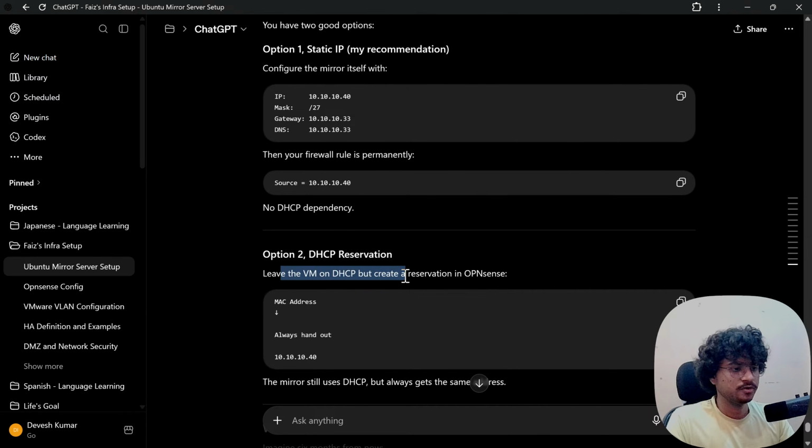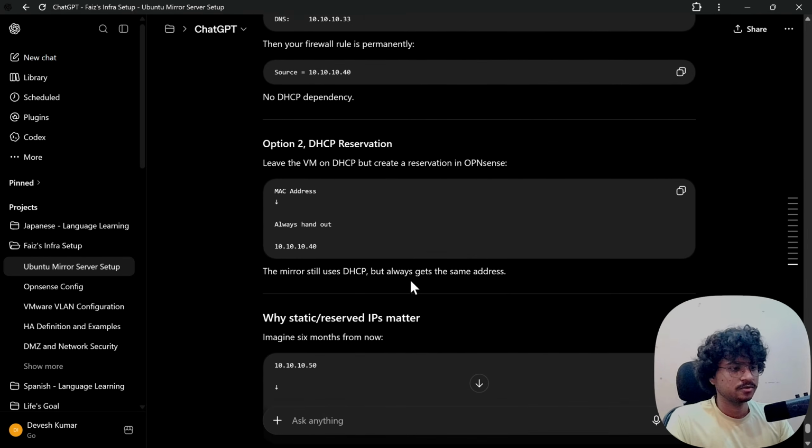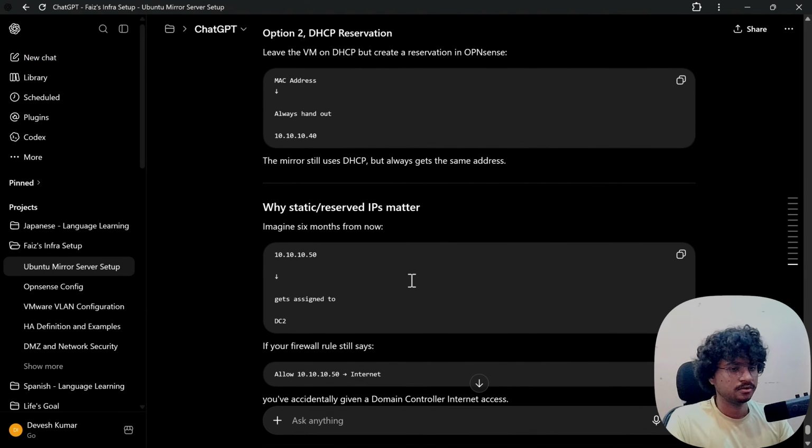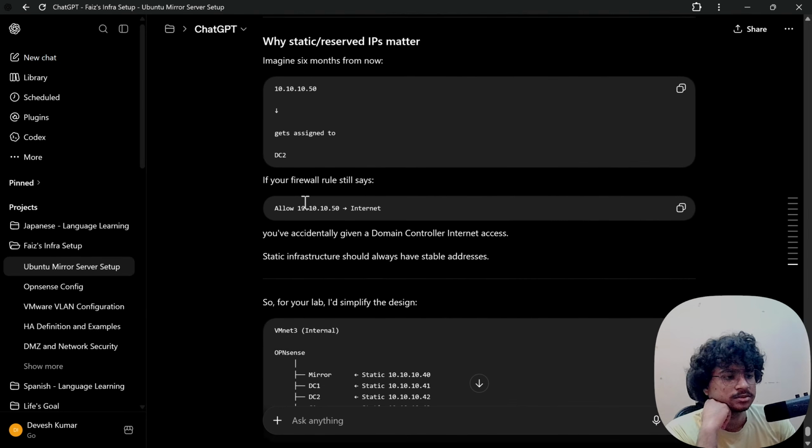DHCP reservation: leave the virtual machine on DHCP, but create a reservation in OPNsense to always hand out this IP to a particular MAC address. The mirror still uses DHCP but always gets the same address.